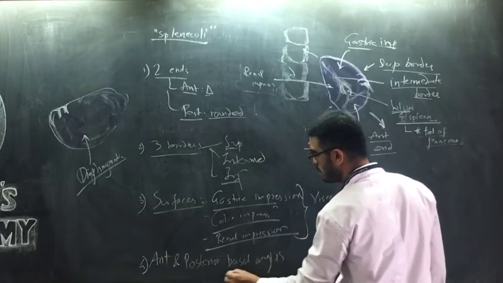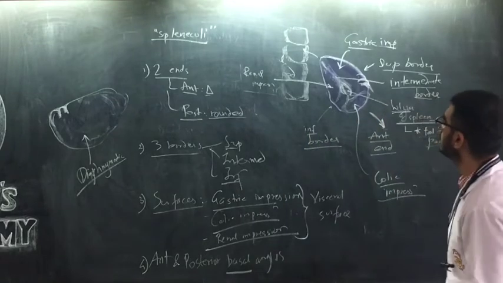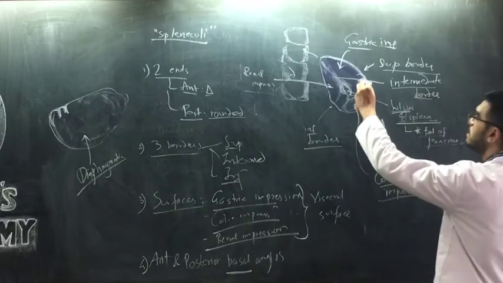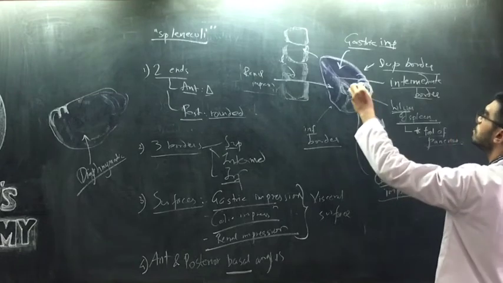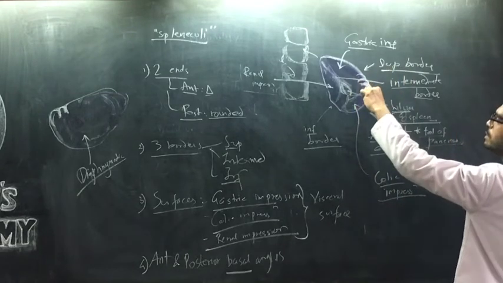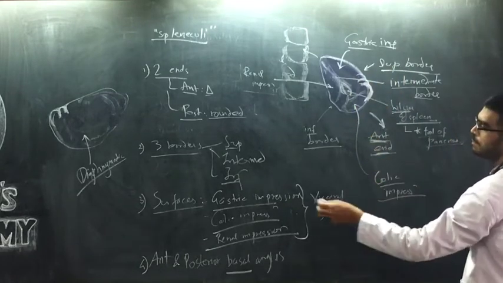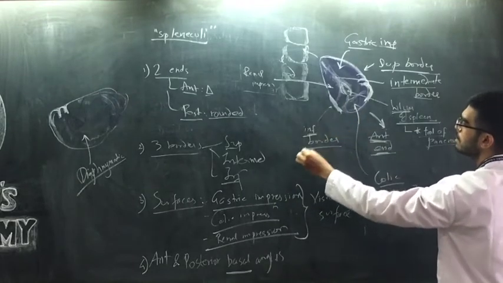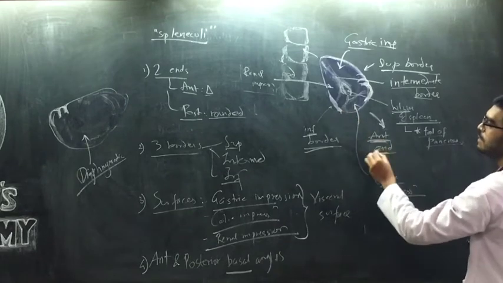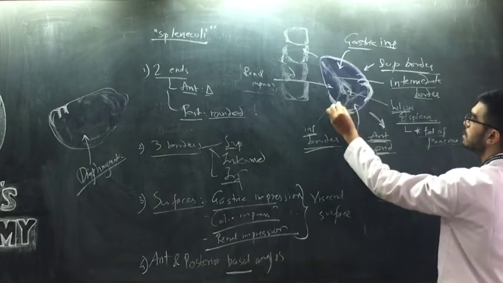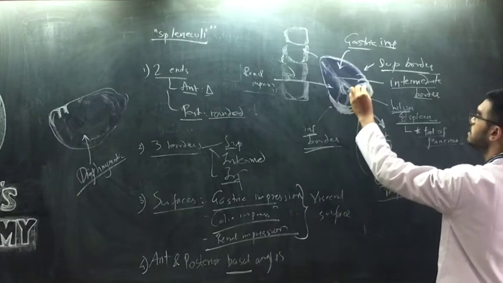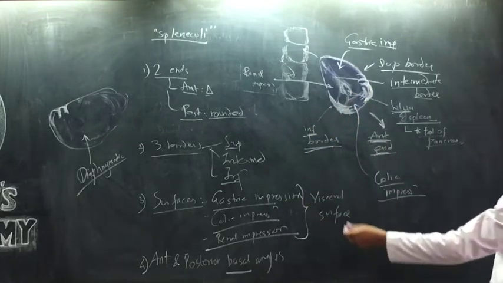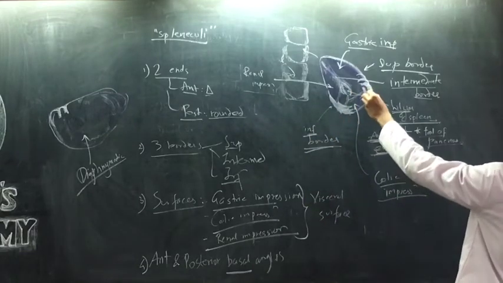Anterior and posterior basal angles. So, the anterobasal angle is this part, which is the junction of the superior border with the anterior end, and the posterior basal angle is the junction of the inferior border with the anterior end. So this part here is the posterior basal angle, this is known as the anterior basal angle, and the anterior basal angle